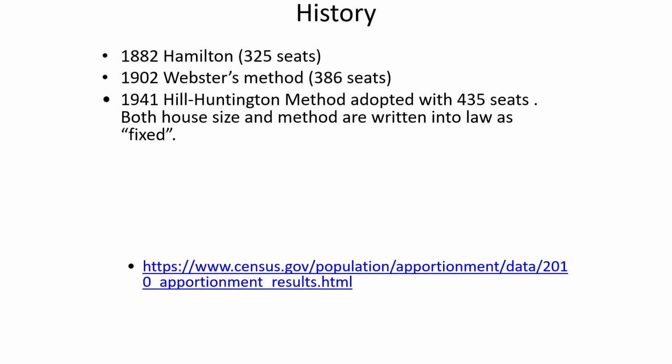One thing to note is Hill and Huntington were not Congress, they weren't politicians. So this is the first method that was invented by someone who isn't a politician. So right off the bat, you might think, oh, for sure, that's got to be trusted more than the politicians. So it's currently fixed. I put that in quotes only because it's not really, because Congress could always go back and change their mind.